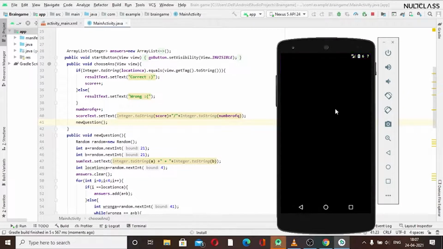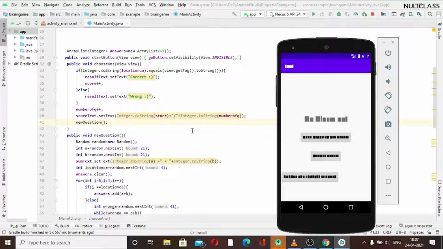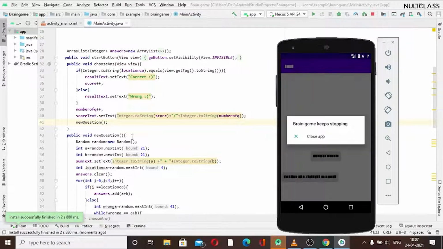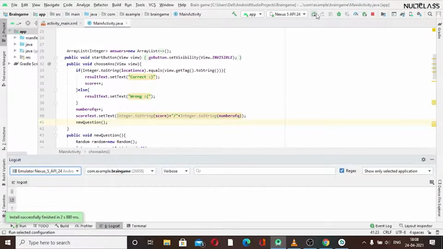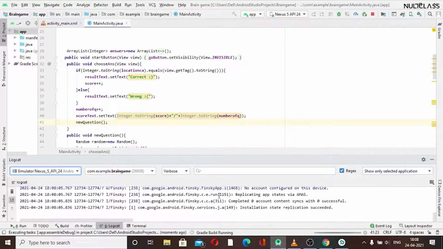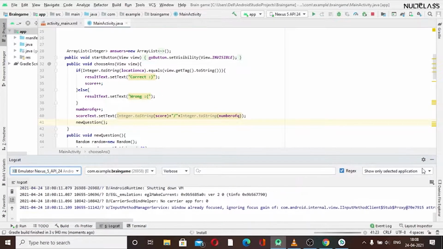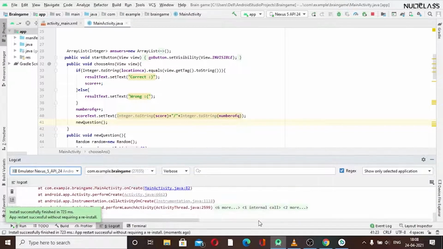So now after that we will just focus on our timer to show the time. It's decreasing. The app is getting closed here. I think there is some error. I will just check it in the Logcat. If you are getting any error, you can check it in the Logcat. It will show where we are getting our error.